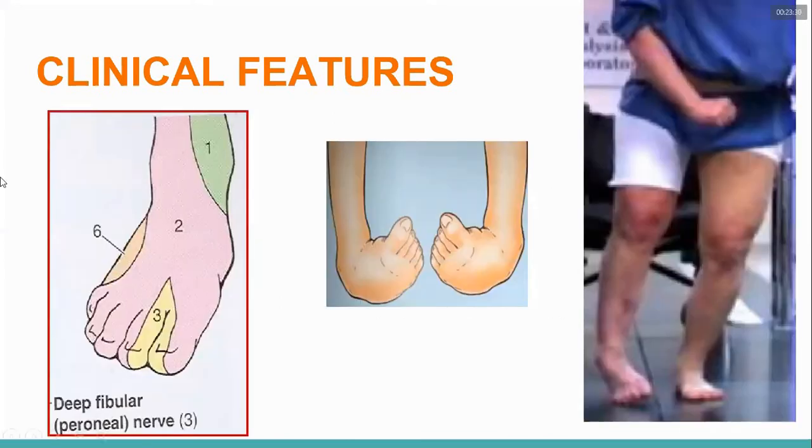So as you can see, the patient is having an equinovarus. This is typical of equinovarus deformity because of common peroneal nerve injury. And the whole of this dorsum of the foot and the lateral aspect of the leg is having a sensory deficit. This small area, supplied by the sural nerve, remains intact, and this area denoted by figure number 1, supplied by the saphenous nerve, will remain intact.